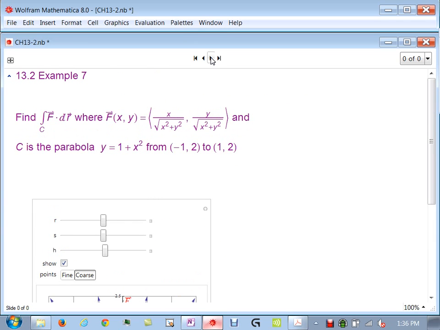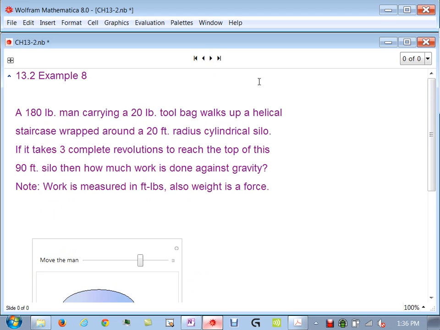All right, now I took a problem that I thought you might find interesting and threw it in here. And for those people who are in physics or have taken physics, you might look at this problem and realize that there's probably an easier way to do this. But